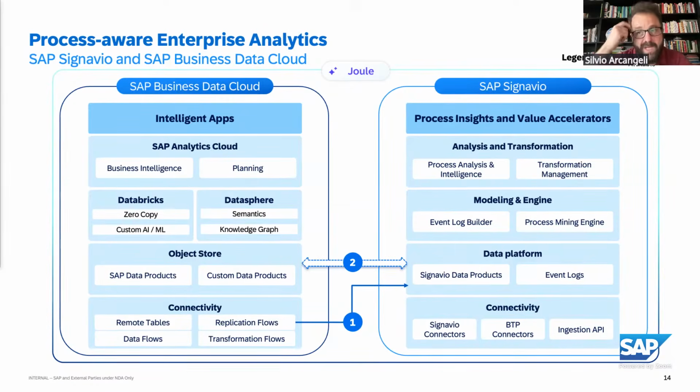Then we are working on an additional synergy around the data products. So this new concept of the data products is one of the most, I would say, compelling concepts that Business Data Cloud is delivering, with the promise to deliver data products which are ready-made for analytical consumption without the need to do any ETLing out of all of the major SAP LOBs and SAP applications. And Signavio will be a native consumer of those data products, and we are also planning to produce our own data products that we will expose in BDC.